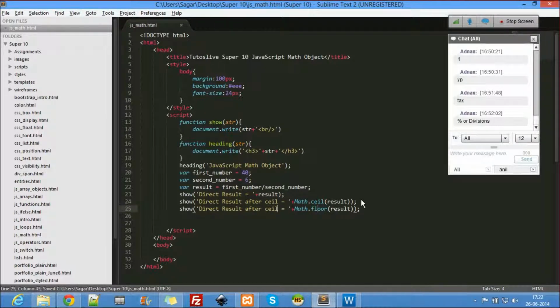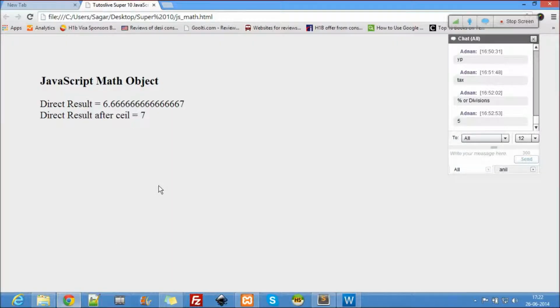Floor. So do you know the real English meanings of ceil and floor? Ceil is the top. Okay, no, your answer is wrong. Floor is whatever you're standing on. So let's see what happens. It's 6. What floor really does is remove this. Just remember that it removes everything after the decimal. It removes everything after the decimal.